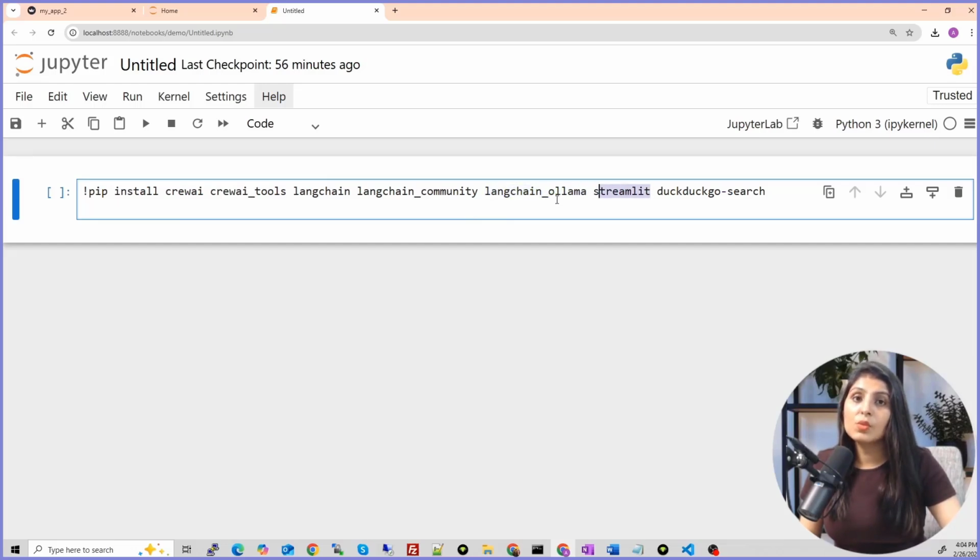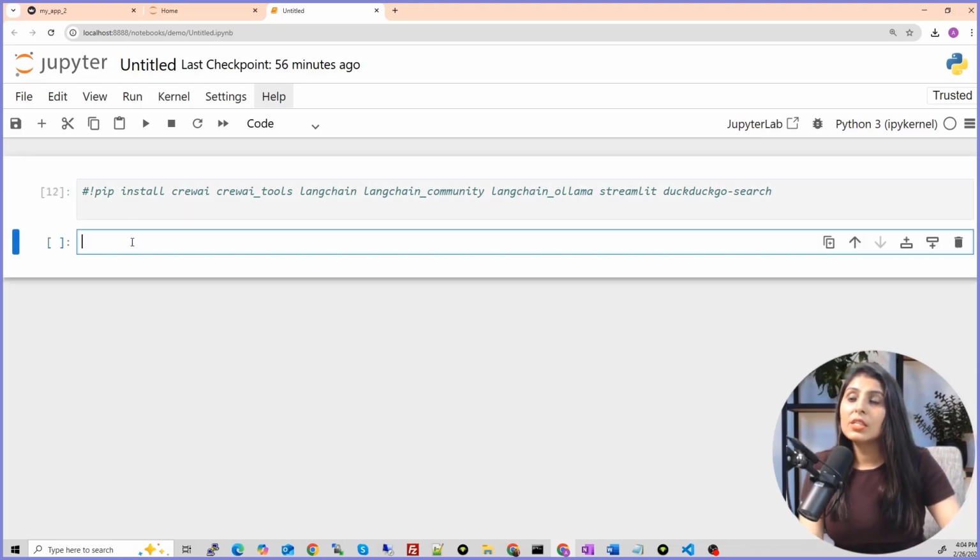Streamlit is required because we want to build a web application. And this DuckDuckGo search, this is a tool. This tool our agents will use to fetch data from websites, and that's why we are installing it. And this Crew AI and Crew AI tool. So guys, I am not executing this cell because I have already performed it. You will run this cell.